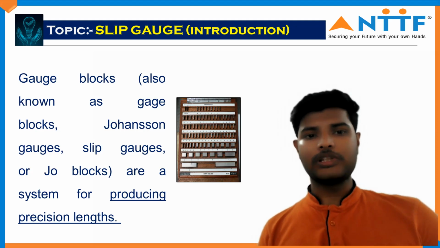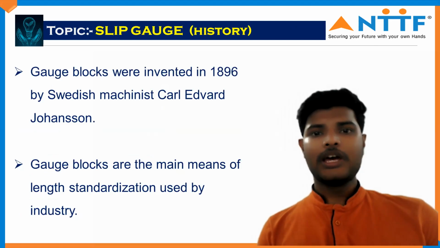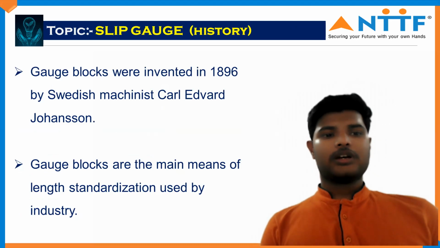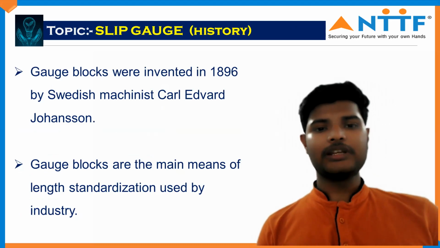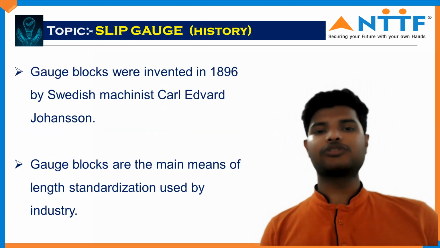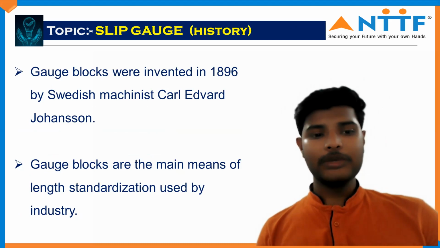Now, let's talk about the history of the slip gauge. As we know, every instrument or every machine has a history. Gauge blocks were invented in 1896 by the Swedish mechanist Carl Edward Johansson. Gauge blocks are the main means of length